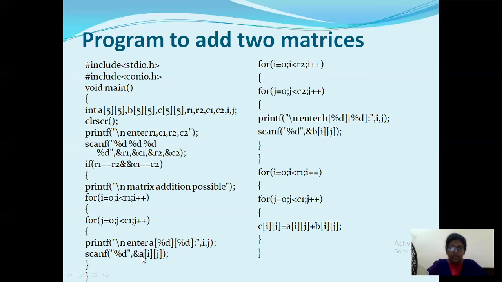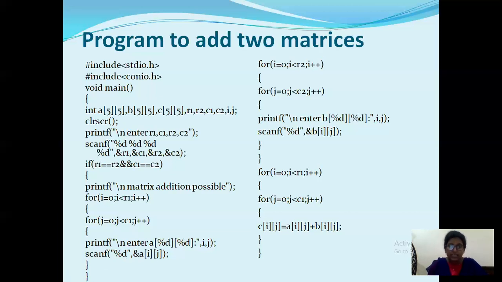You need to use here nested for loop concept, and you need to enter the elements. I have already explained you how the values are stored in a two-dimensional array. I have shown you the first row element will be stored in A of 0 0. Then the second element will be stored in A of 0 1. Then A of 0 2. Then A of 1 0. Then A of 1 1 and A of 1 2 if you are having two rows and two columns. So you need to read the elements into your matrix A with using this scanf function.